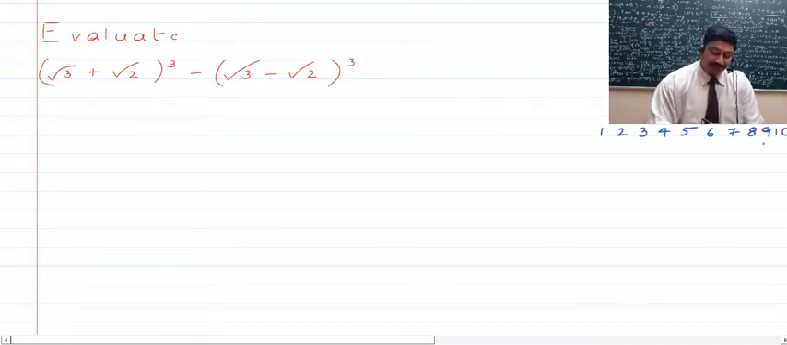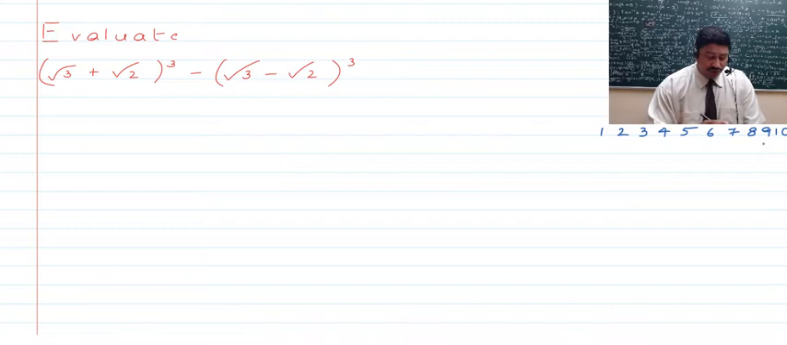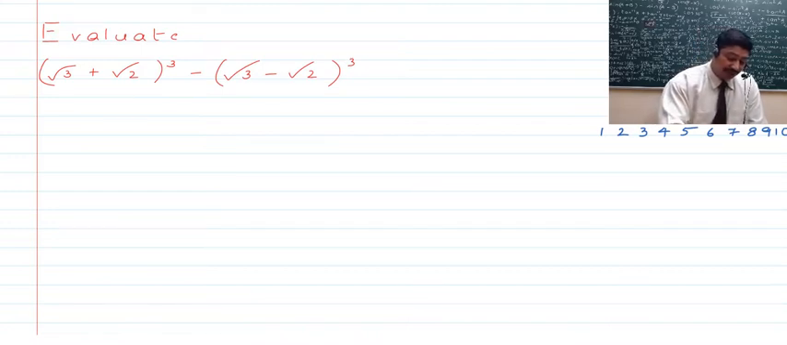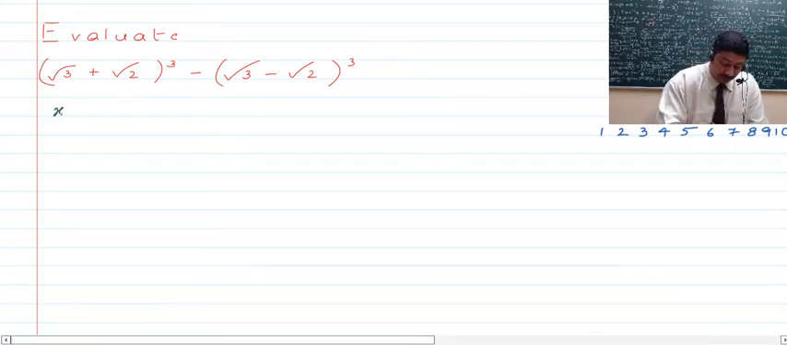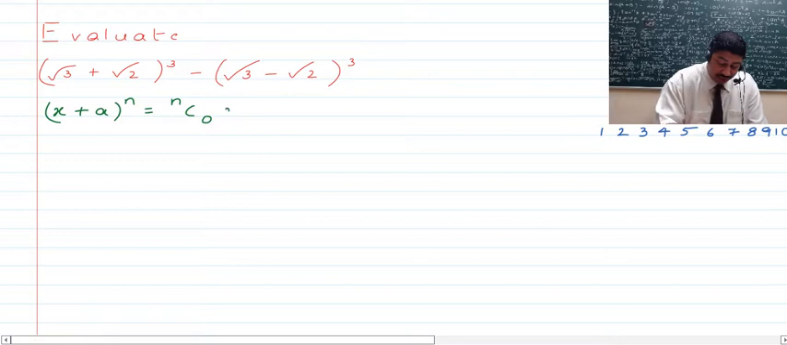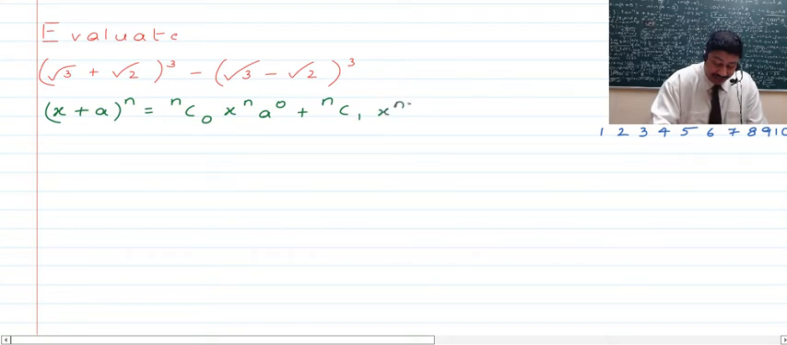Okay children, now let's discuss the sum. In the question, we've been given the difference of two binomials. Now, to quickly remind you what the binomial theorem is, if we talk about x plus a raised to the power n, we have nC0 x raised to the power n, a raised to the power 0, plus nC1 x raised to the power n minus 1, a raised to the power 1, and